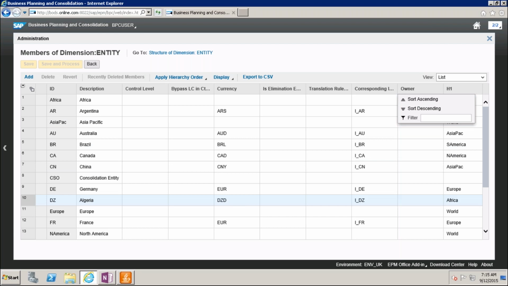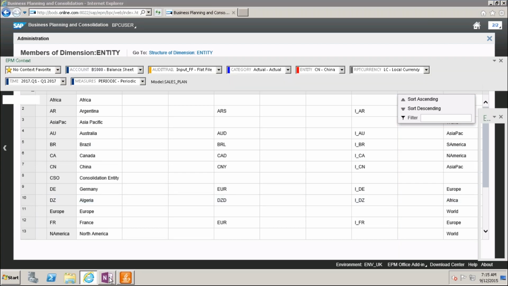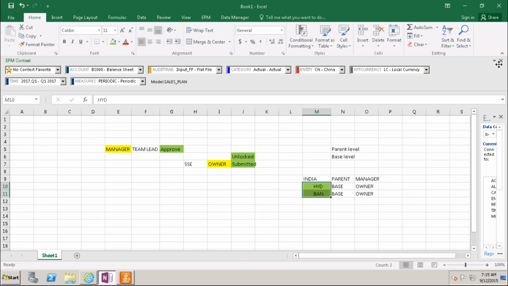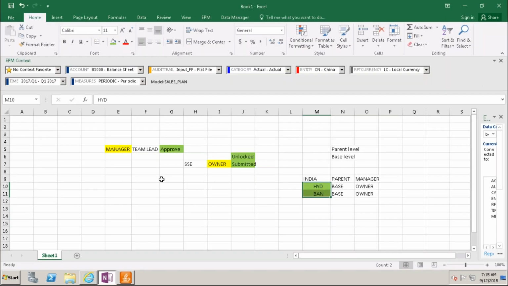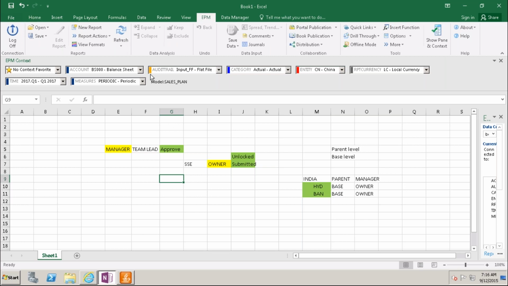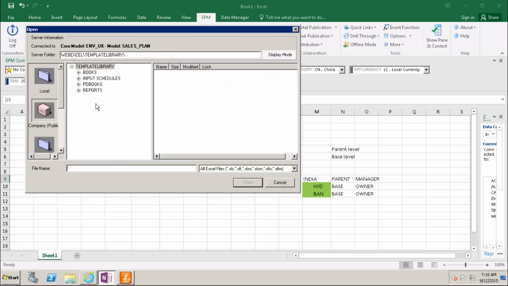Now, how will the work status work in an actual scenario? This is the EPM. Under EPM, just open one input form. So this is an input form.